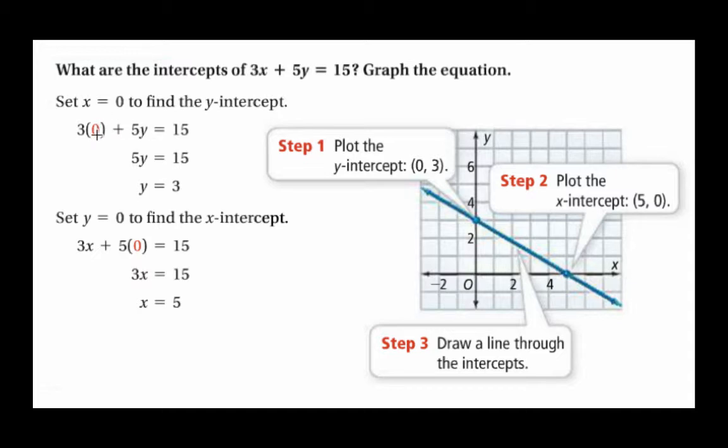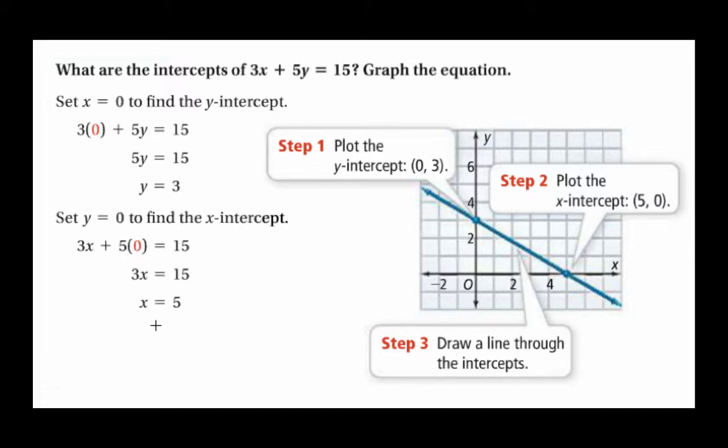We substitute 0 in for x and solve for y. So we find that y is 3. Similarly, we want to set y equal to 0 to find the x-intercept because anywhere along the x-axis, wherever the line happens to cross, that x value, we know that y is 0. So we're going to use the fact that y equals 0